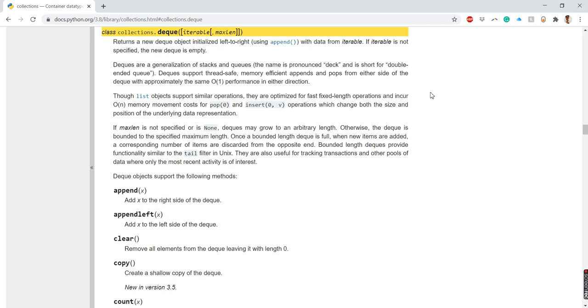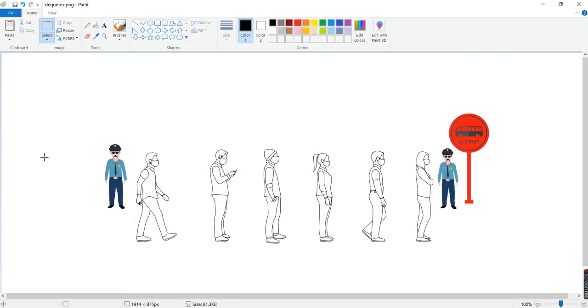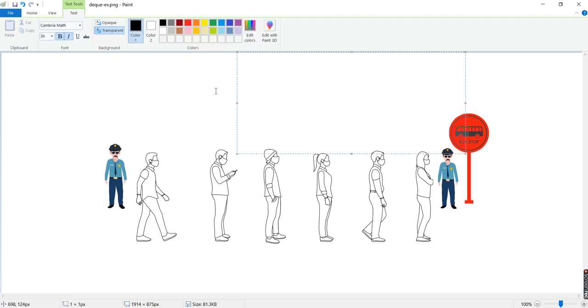Let us understand this better with an example of how this fits in our daily life, and we'll see it in a better way. This is the summarization of the DQ. This depicts your DQ.